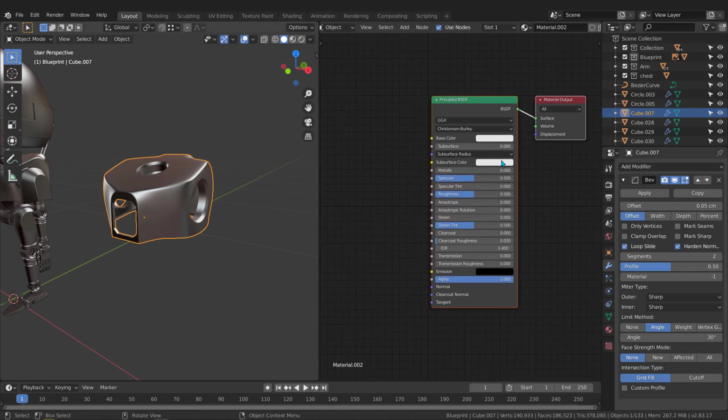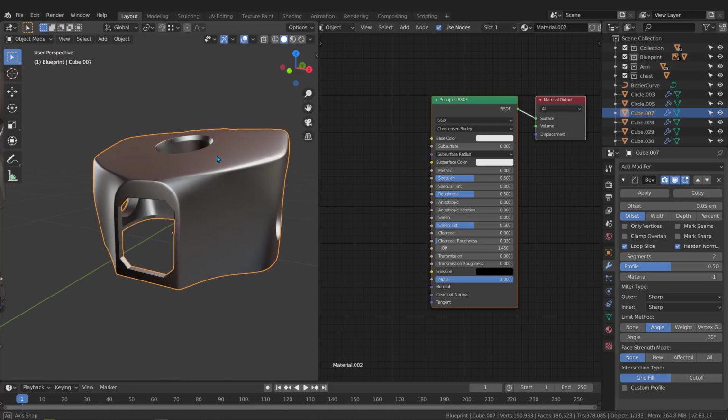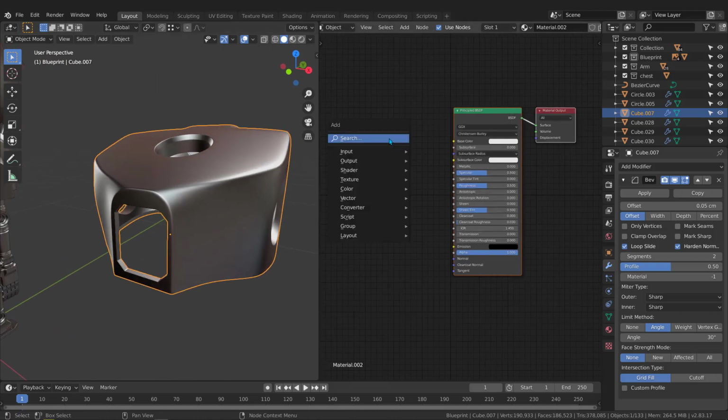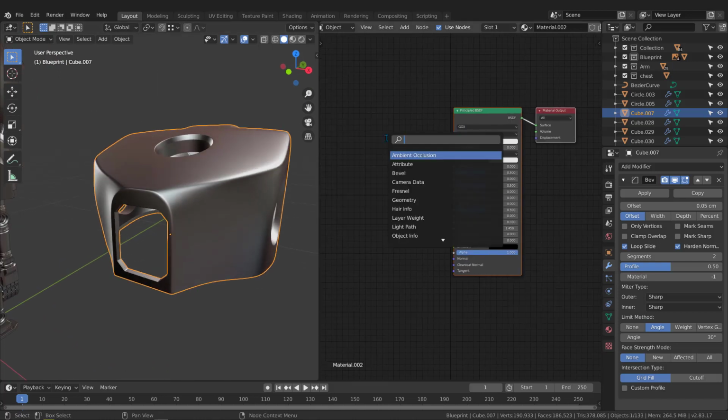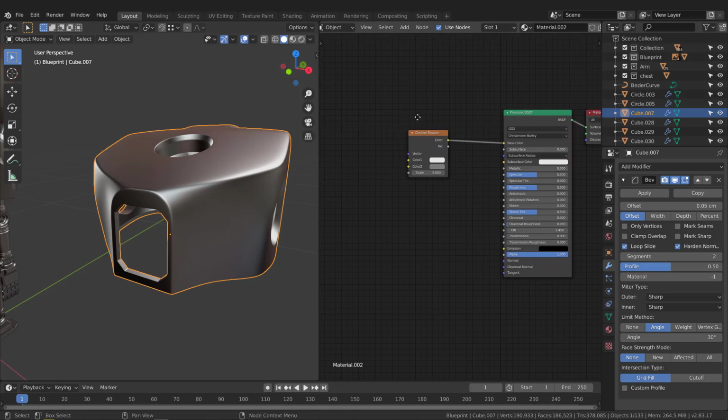Now I got Principled BSDF for this geometry. Now I'm going to hit Shift A and search for checker. Just type CH and you will find it, and plug this to the base color, and